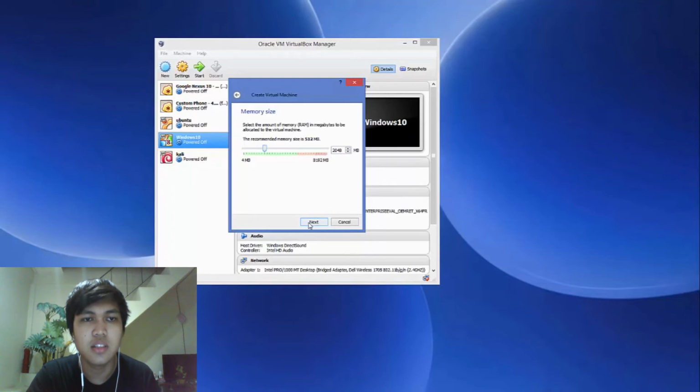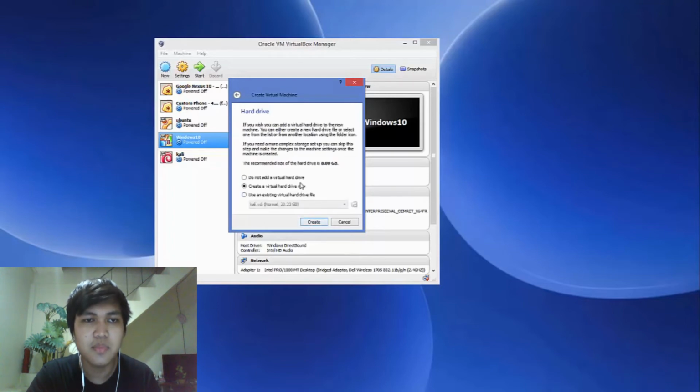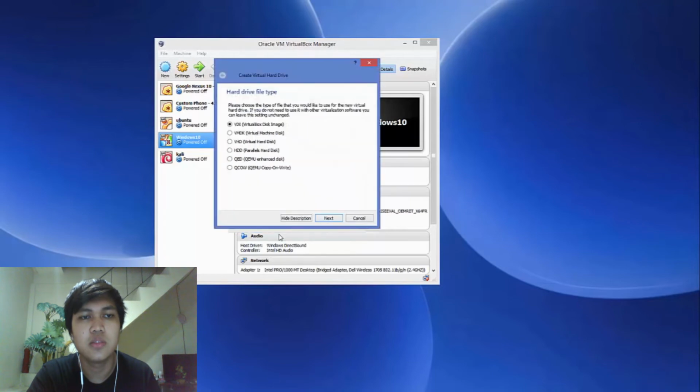After that, click next, and then here you have to choose what options you want in your OS: use an existing virtual hard drive file, or create a virtual hard drive now. And then I chose to select this, and then